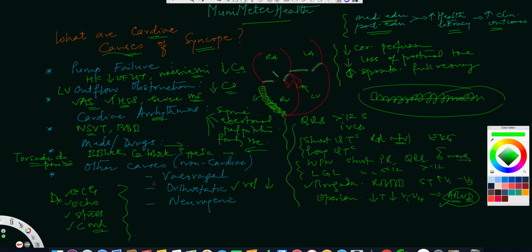So therefore, I've included these causes here: vasovagal, orthostatic, and neurogenic, in the bottom of my list, primarily to ascertain that these can impact, specifically if there are hypertensive patients walking around on antihypertensive drugs, but they are normotensive right now. Now, what happens is, say they step into a sauna room or a steam room where there's an immediate change in temperature, and as a result peripheral vasodilatation occurs, and specifically if they're volume depleted, if they are dehydrated, that'll result in an orthostatic syncope or dizziness or lightheadedness.